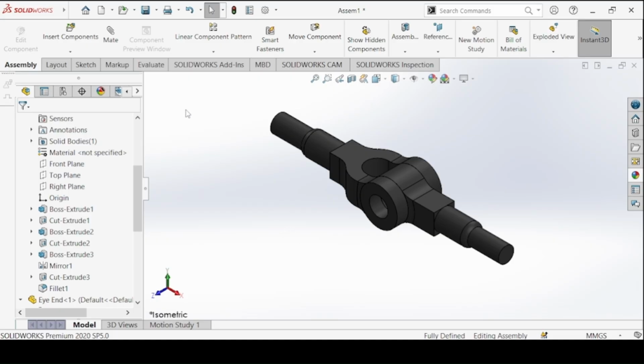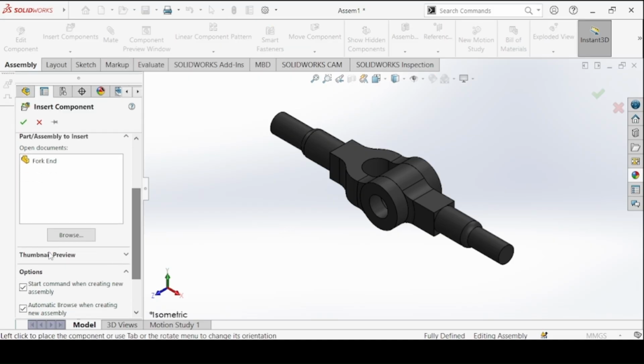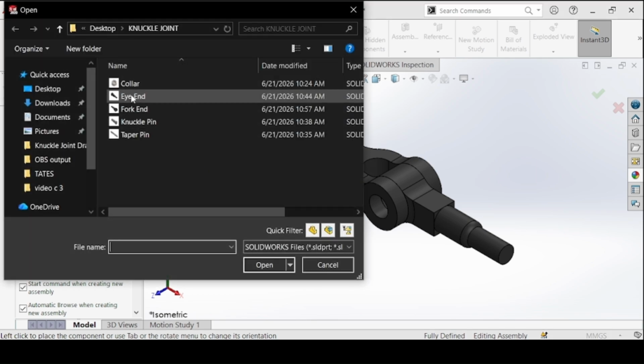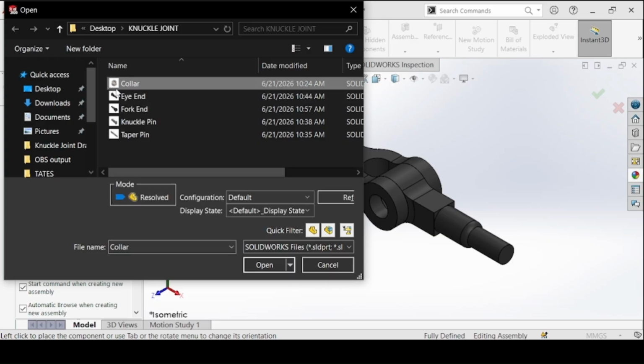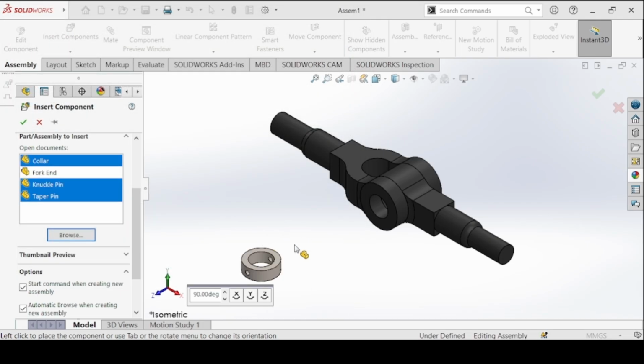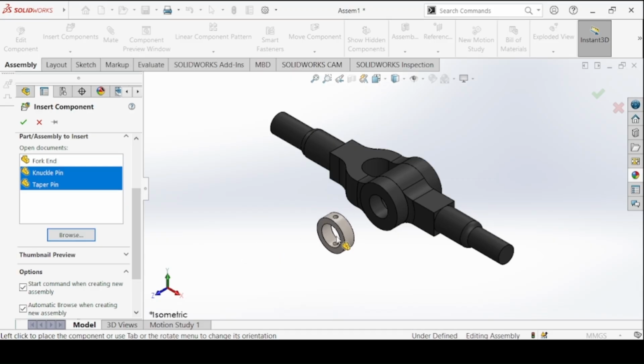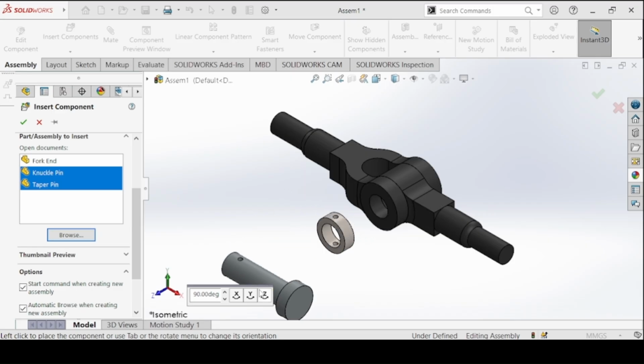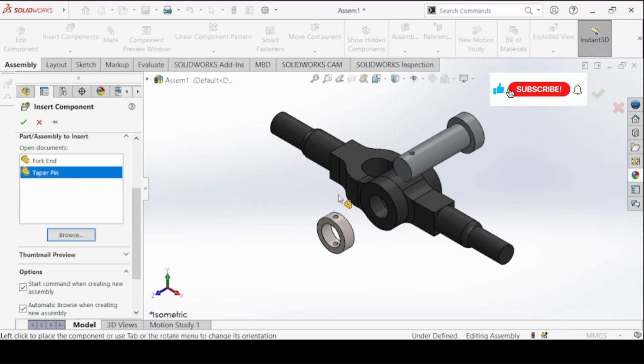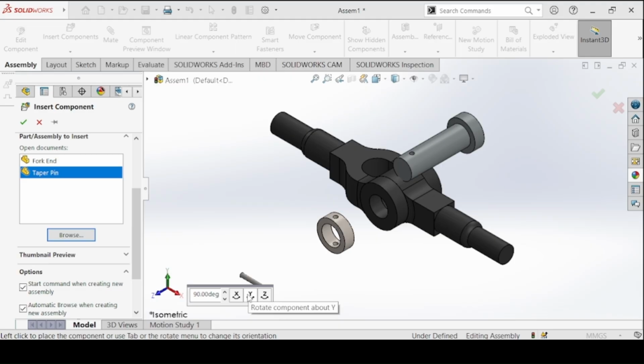Then we move on and add the next part. Again, browse, and this time you're going to click on all the parts we need. So click on the collar, hold the control key, click on the knuckle pin and the tipper pin. The collar, this is not the orientation, so we use the x-axis to rotate it and then click. This is the knuckle pin, use the y-axis, click, and then we have the tipper pin, rotate with the x-axis. Okay, no, so the z-axis. Okay,